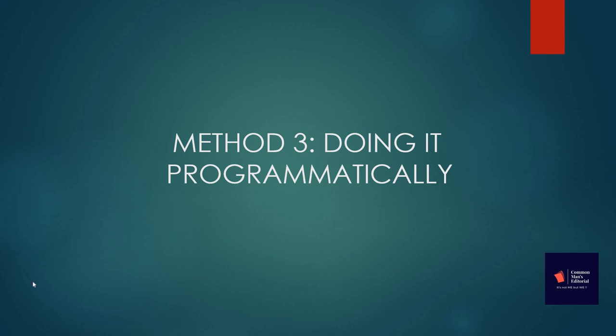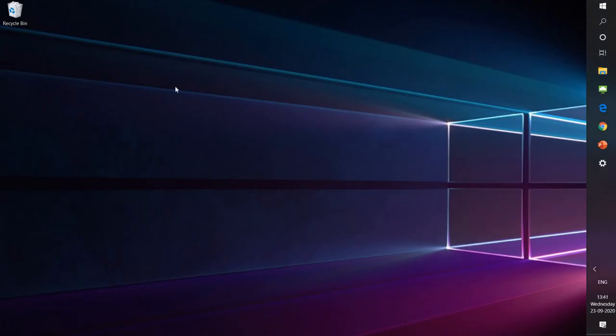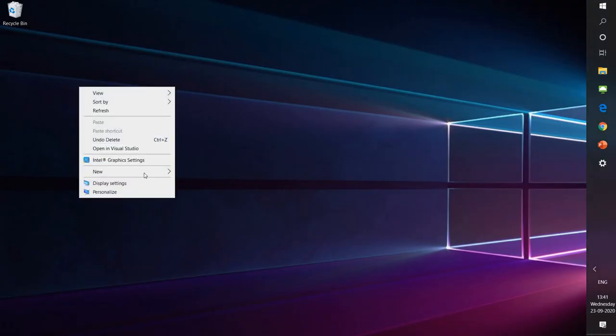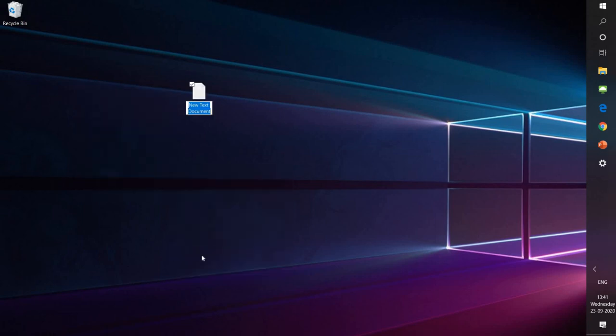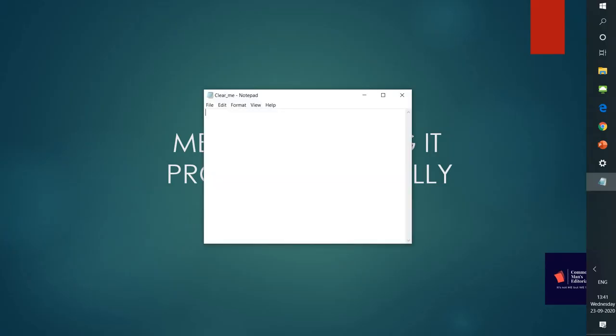So what I'm going to do is I will first create a notepad file. Let me name it clear me, and you can name it whatever you want. So let me open the notepad. Here I'm going to type 3 lines of code. This is what is going to clear out your files in the recycle bin and temporary folder.